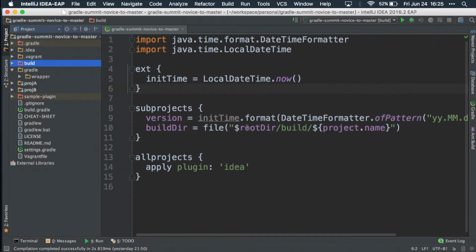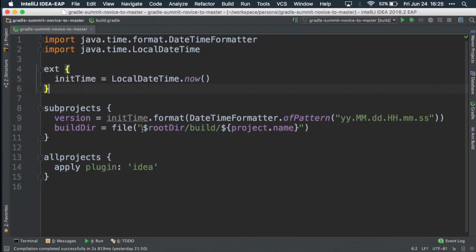So I've got a build script right here, and I'm only going to care about the version part. I'm setting the build directory so that I can tree a file structure and it's all in one spot so I get less noise. But I'm going to focus on this version bit right here. So in reality, you wouldn't want to use something like this because the seconds are going to be in the version number, and so every second your build will have a different cache break, and you'll spend a lot of time recompiling jars and remaking jars. You don't want to do that.